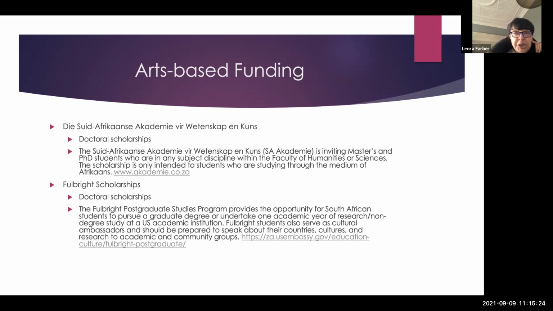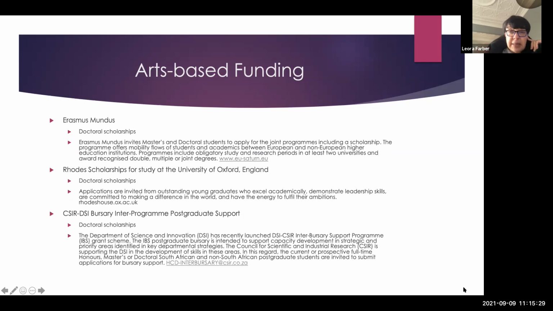Again, I would imagine that the candidates or the people that are awarded the Fulbright scholarship would need to be working in a way that actually relates the specific context and the kind of work that they're doing in South Africa to a UX context. So that there is some way of bridging or engaging in some kind of conversation between the two contexts.